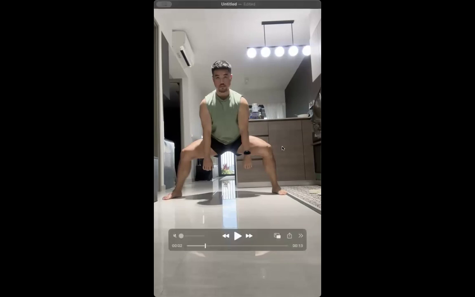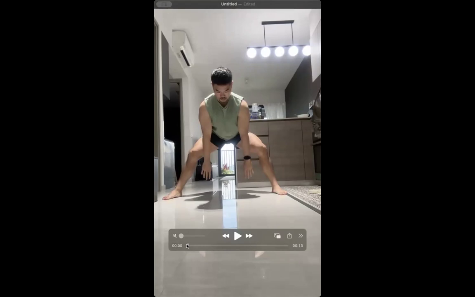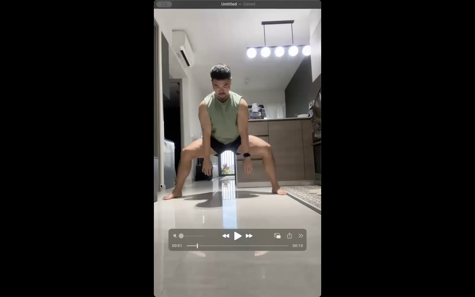Okay. So if you look at this video over here, this is assuming I adopt the wider stance. So first of all, you can already see that something is messed up on my hips already. If I adopt such a wide stance, right, one hip is higher than the other. So that will be another story for the next time. But what happens is when we have such a wide stance, right, you will feel that you are a little